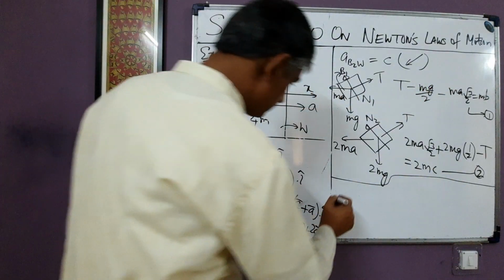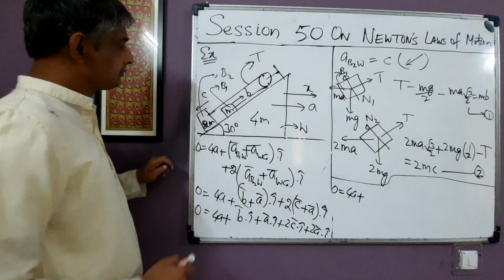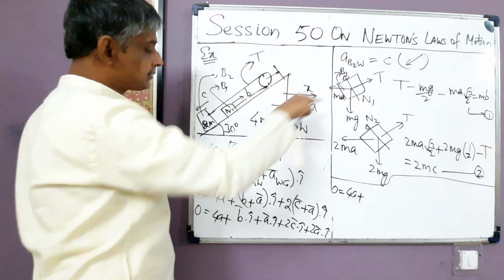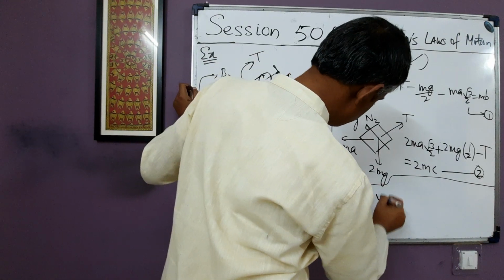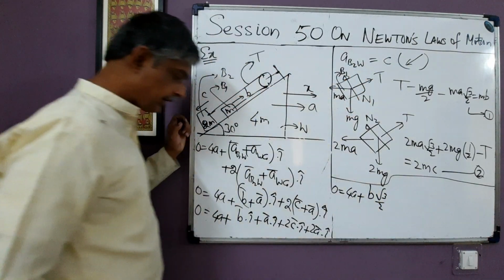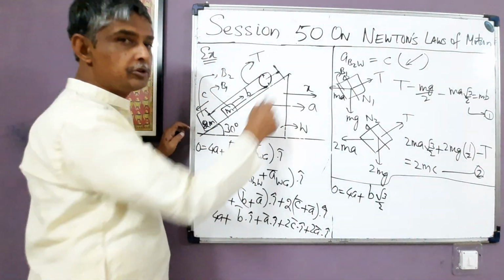So what do we get here? 0 is equal to 4a b dot i. B is in this way, i hat is this way. This becomes b into 1 into cos 30 degrees, that is b root 3 by 2. Okay. Now what about this a dot i? a dot i is a into 1 into cos 0 degree,